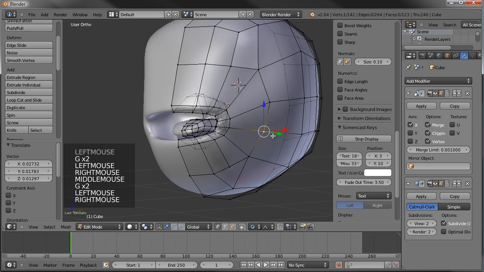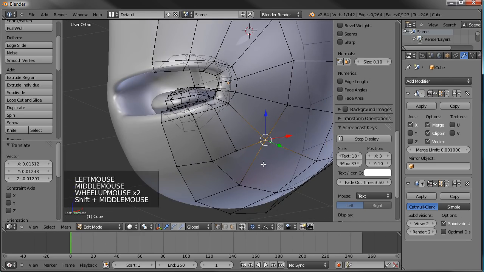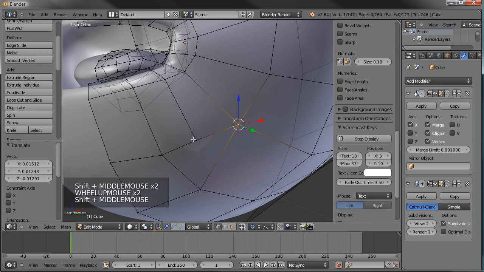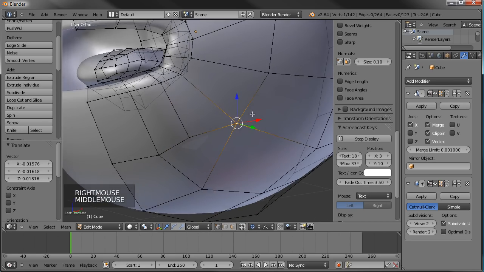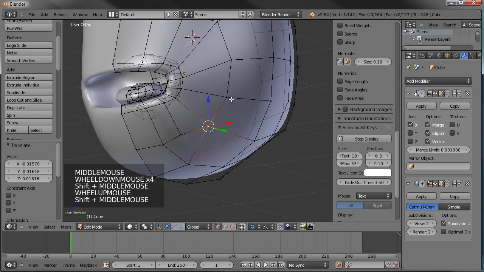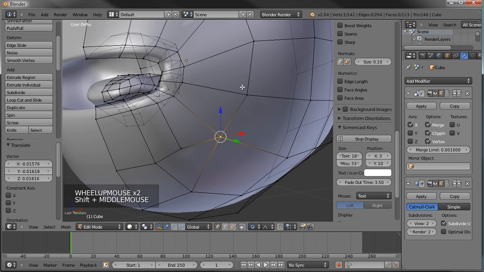Now there's some things called poles, and what a pole is basically a vertex that has edges coming to it, which I guess would be all vertices. But this particular vertex, in a normal quadrilateral model with squares, no triangles,